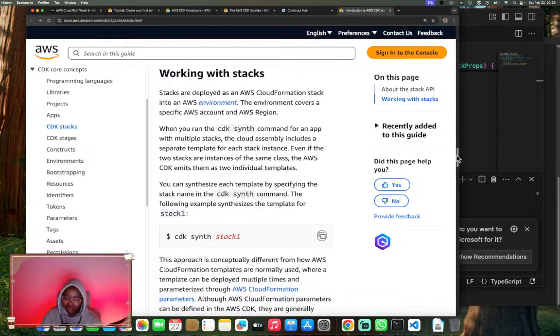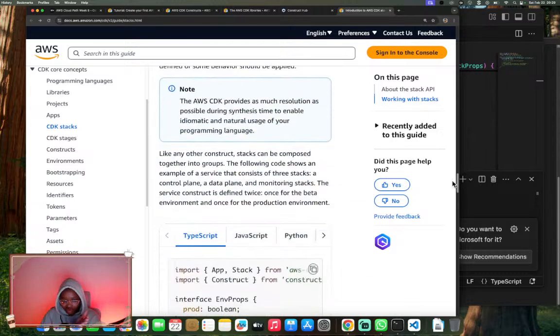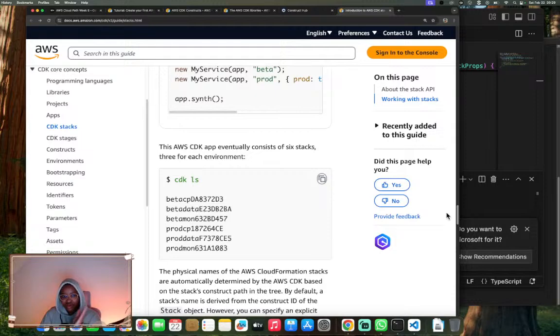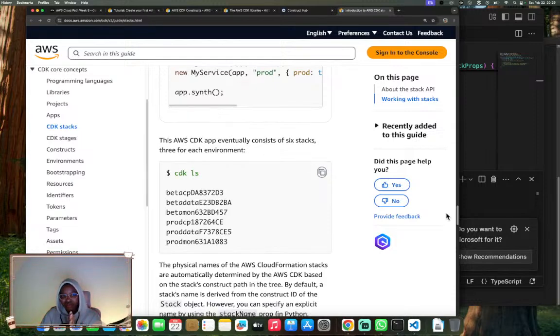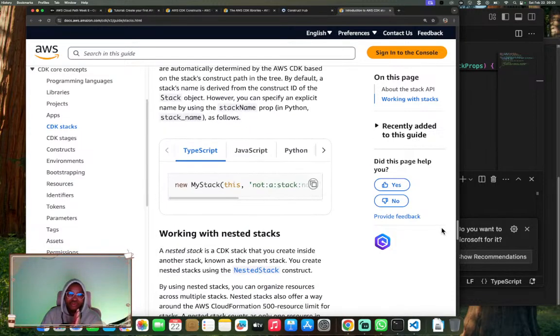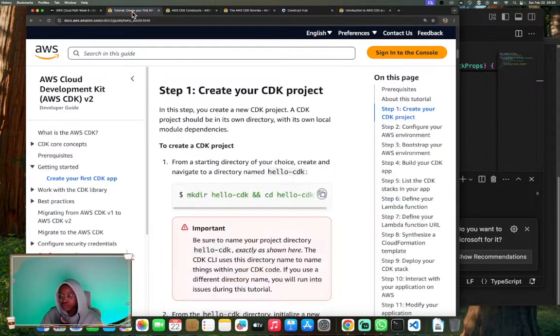This is the detail on working with stacks. You can go through it if you want, but other than that, I'll be continuing now, and we'll be moving on with our tutorial that we're following. So